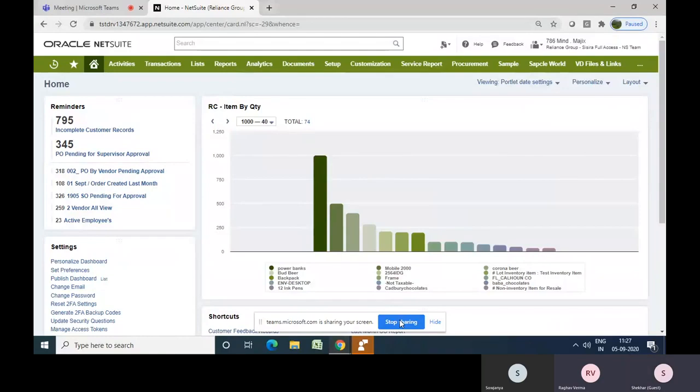We'll be continuing with this one. This setup part we have to cover first: auto-generated numbers, renaming record transactions, creating the location, subsidiary, classes, department, everything. Once we have all these things covered, you can see references, emails, everything. Once we cover this part, then only we'll go to customization. Once customization is done, we'll go to saved searches, reporting and analytics, and then to the modules.